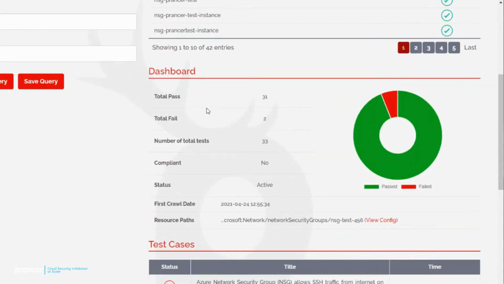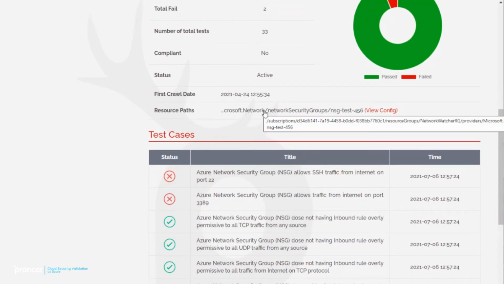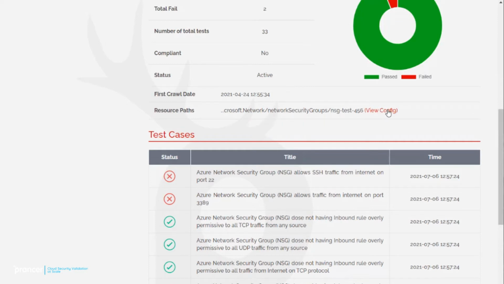There's a simple dashboard that shows you the information. On that specific resource, we ran 33 tests and they passed. 2 of the tests failed, and the total number of tests is 33 on that specific resource. It's not compliant and it's still active. There is a resource path. You can click on this and see the resource inside the target environment, in this case Azure, and also there is a view config